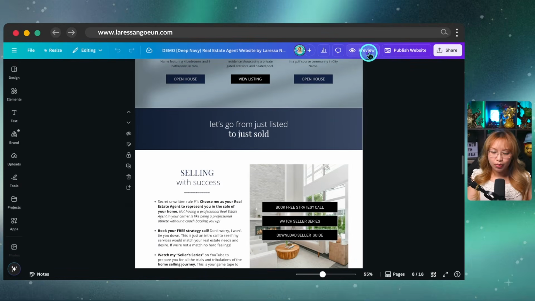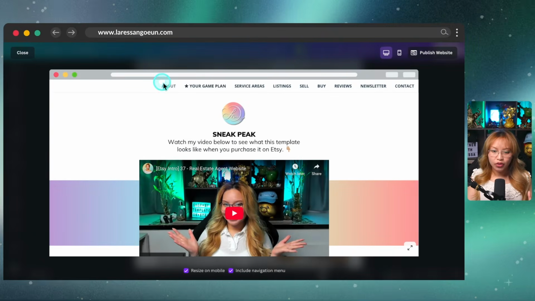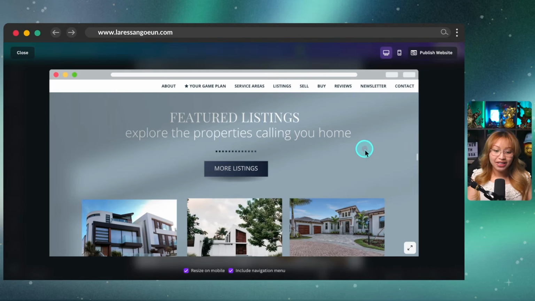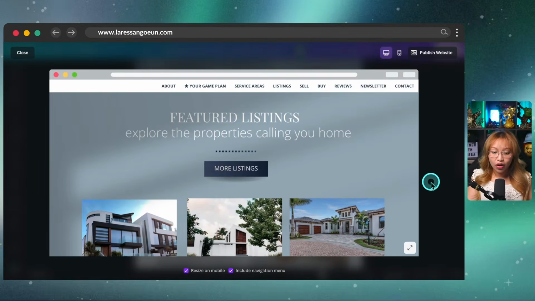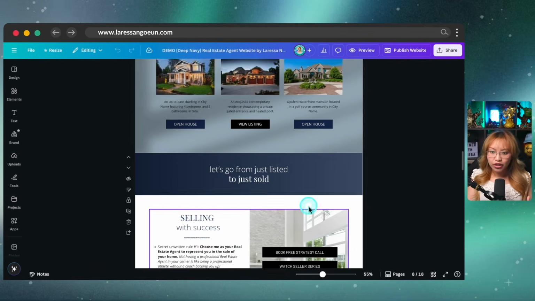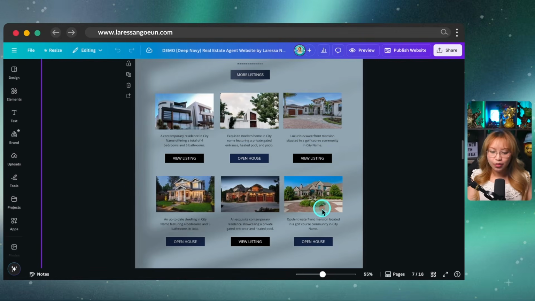And again, if we go into the preview up here, we can see that our navigation is at the top, and if you click on, let's say, listings, it's going to bring us down to that page. Again, I do have resize on mobile and include navigation menu turned on. Now the way you create your navigation menu with this single page